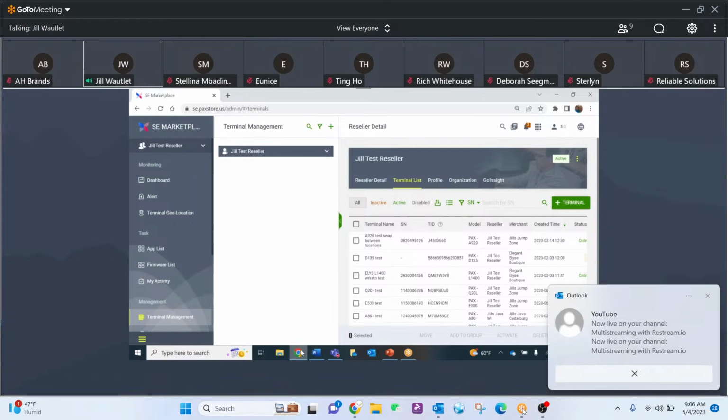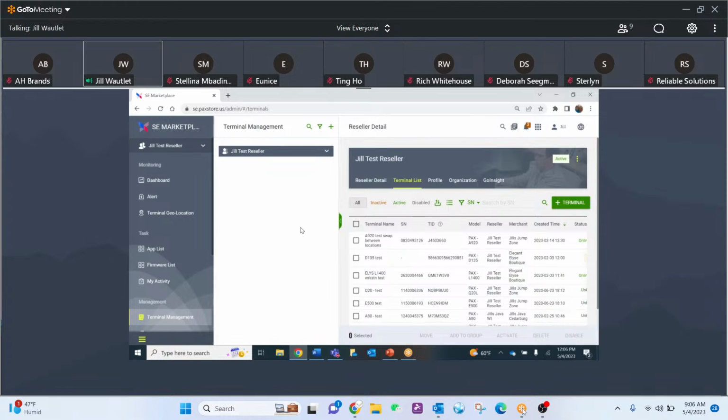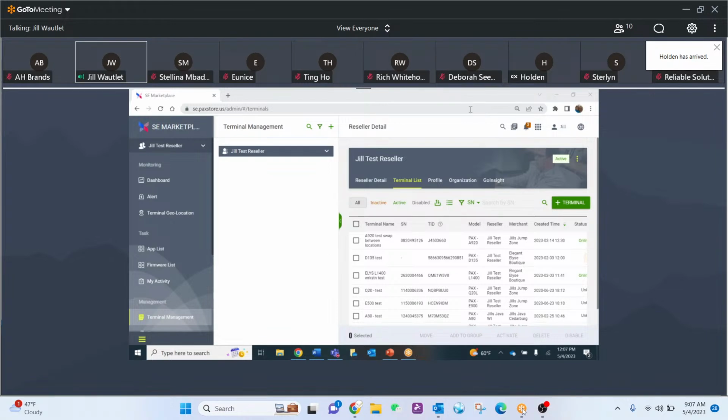And here we go. So we talked originally about the core three-step process. The core three-step process is adding your merchant and activating it, adding your terminal and activating it, adding your push app task and activating that. We're going to build on that today because most likely you're not going to be doing one thing at a time. You might have a bunch of terminals you're pulling in, or you might have a bunch of updates you're pushing out. So really we want to build on our core knowledge,